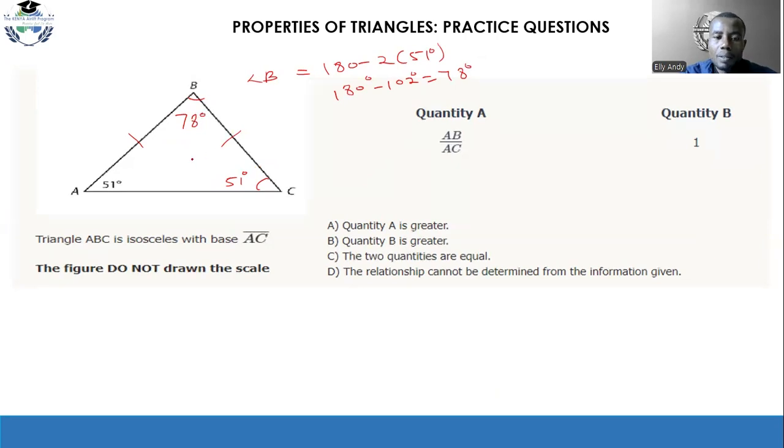Okay, so the question is asking for AB over AC compared to 1. Now, from this, you can see that side AC will be the longest. Yes, AC, longest. Then AB, which is equal to BC